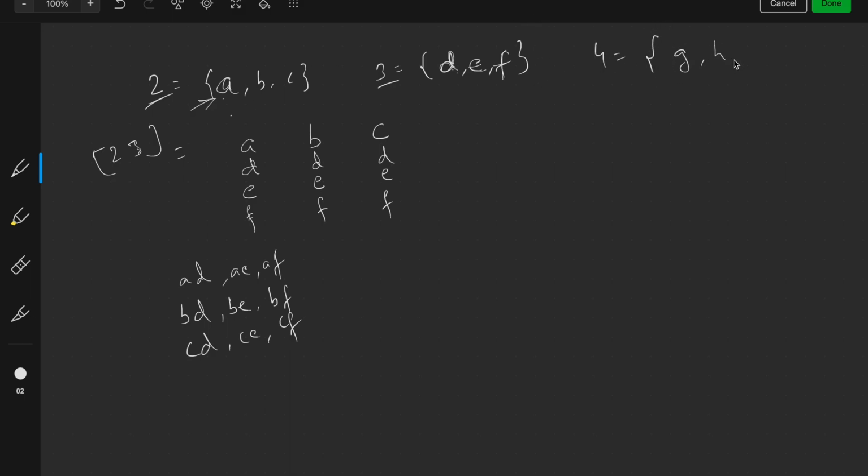Suppose we have one more digit, called 4, with letters G, H, I. For 2, 3, 4, what do we need to do? If the given input digit string is 2, 3, 4, then we'll have another digit 4. So how will we get that? What we can do is concatenate the letters of 4 with the output of 2, 3. So for 2, 3, 4, we'll just append the letters of 4. What we'll get? ADG,